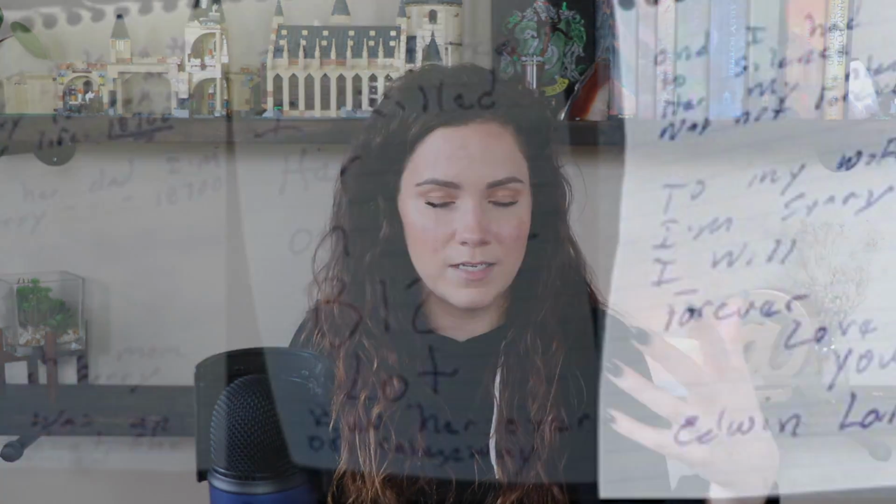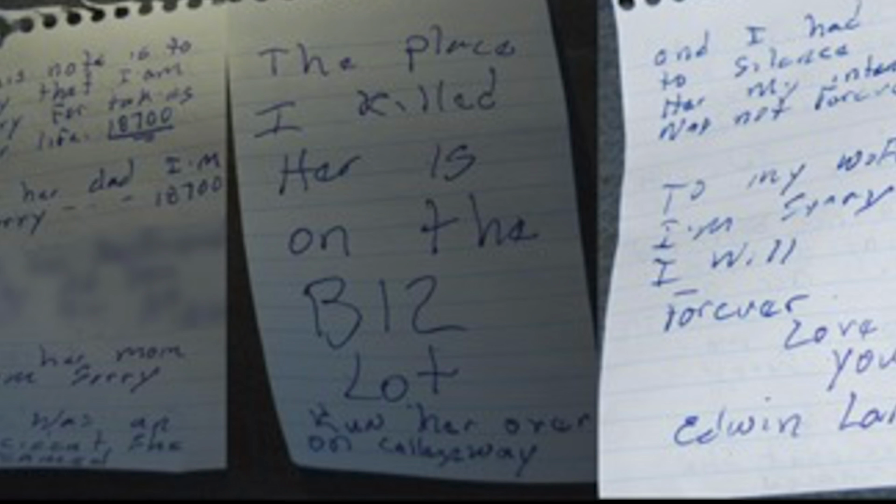Now, authorities in Oregon that found his car said that they also found a few notes in the car. One of them was a note apologizing to Kaylee's parents and his family and his wife, and this also had the number 18700 on it. There was also another note that said that Kaylee was hit with his car and killed in the B12 lot on campus, and authorities tried to piece things together to figure out where to go look for evidence,